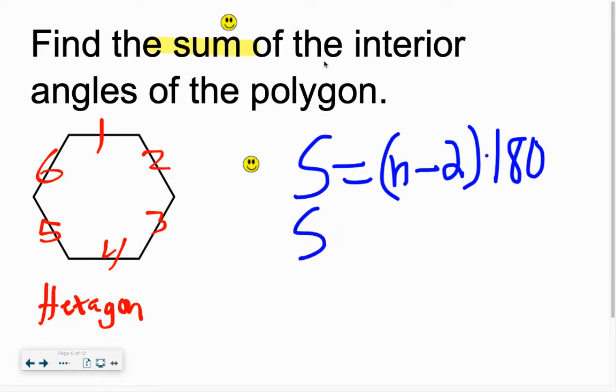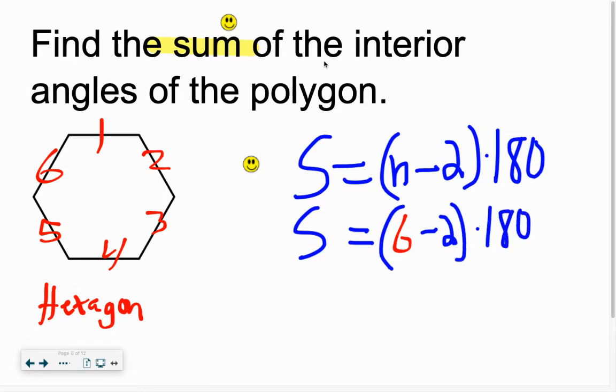And let's rewrite it. S equals, what was the n, the number of sides we saw in our polygon here? 6 minus 2 times 180. Now, follow your teacher's instructions. In class, I usually say that this is enough work for me. Type it into your calculator and get the answer. Otherwise, what you're looking at is you can follow along. You can simplify down. That simplifies down to 4, and then you can take 4 times 180 to get your answer. So all the interior angles sum up to